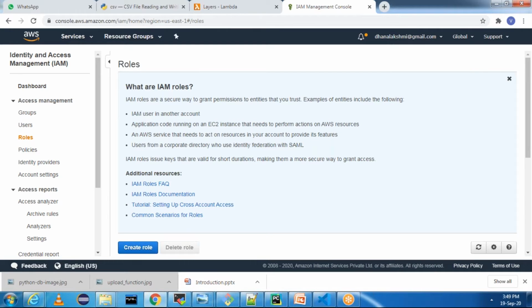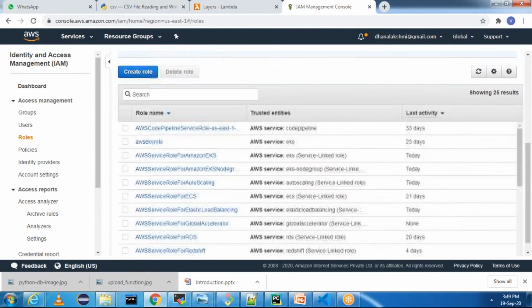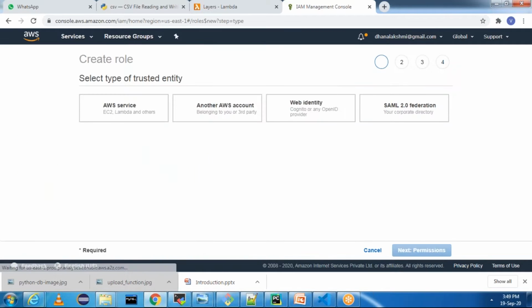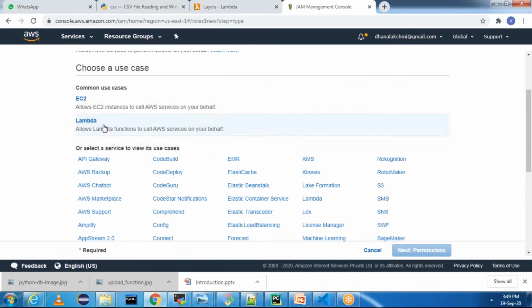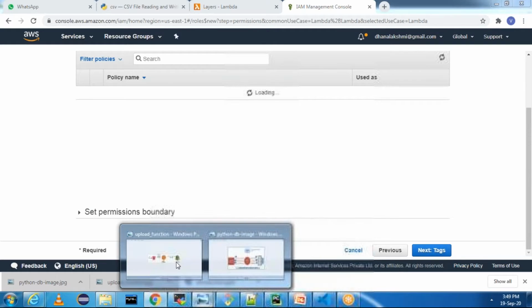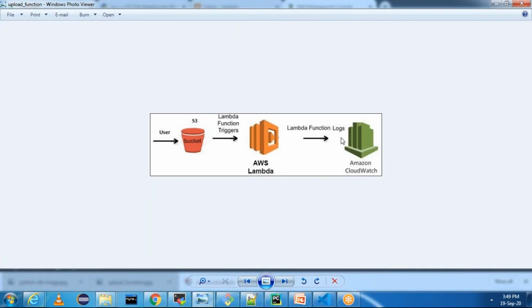and this role is for Lambda to access Amazon S3 and CloudWatch. In the other sessions, we are going to add the RDS role also, but for timing, let me add only S3 and CloudWatch. Create a role, and this role is for allowing Lambda functions to call AWS services on your behalf. Click on next permissions, and if you see, we are going to access S3 and CloudWatch.